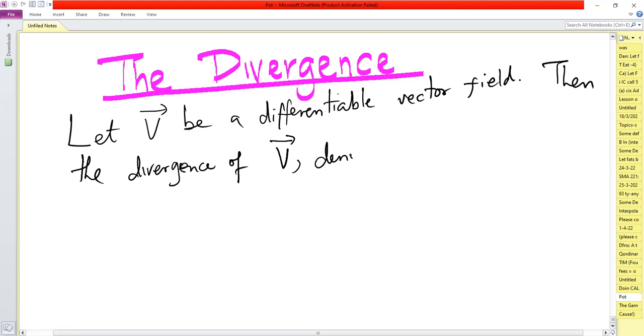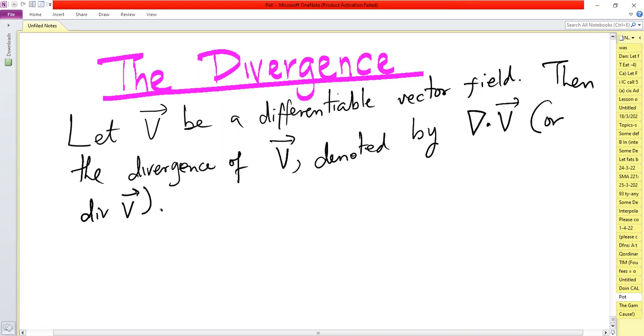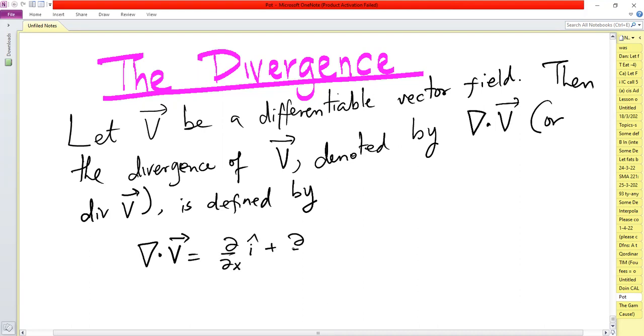denoted by, or we write it as div V, is defined by. So the divergence of V is given by partial x i plus partial y j plus partial z k, dotted with,